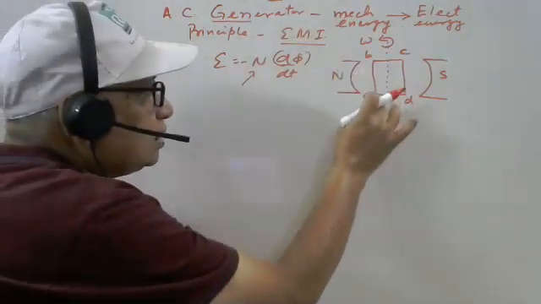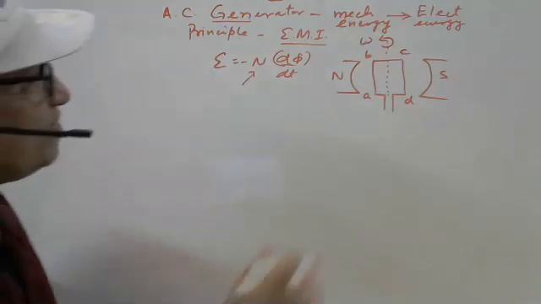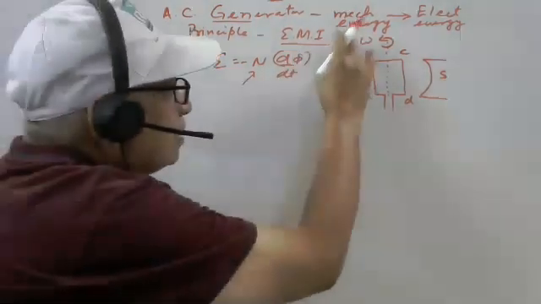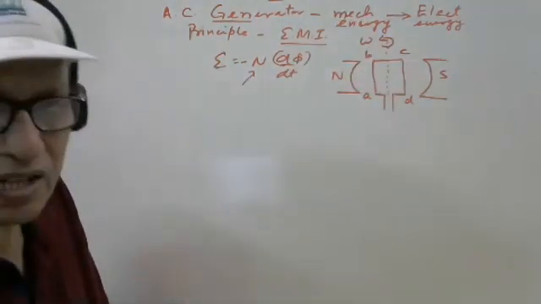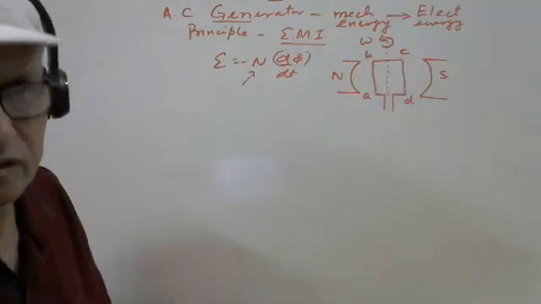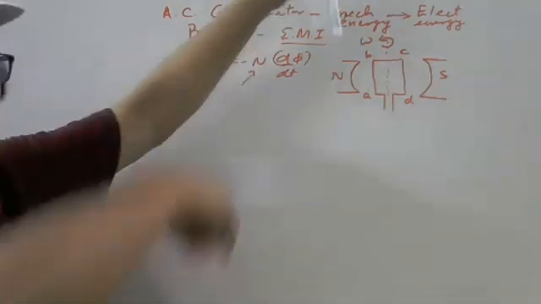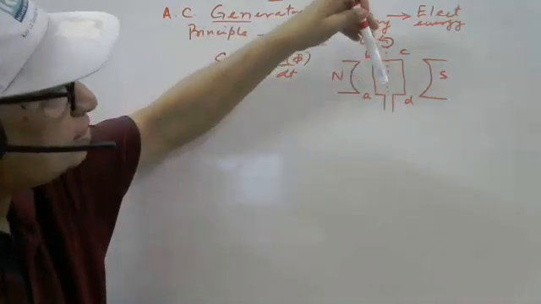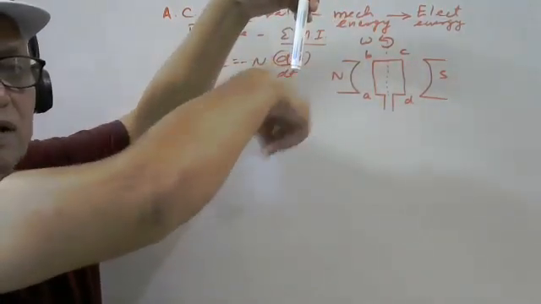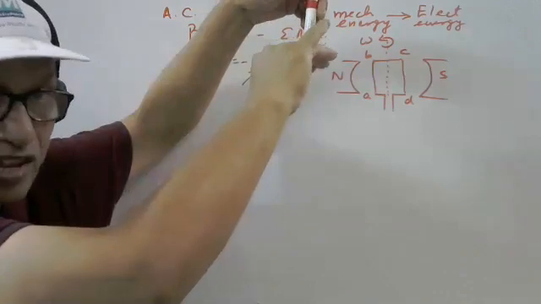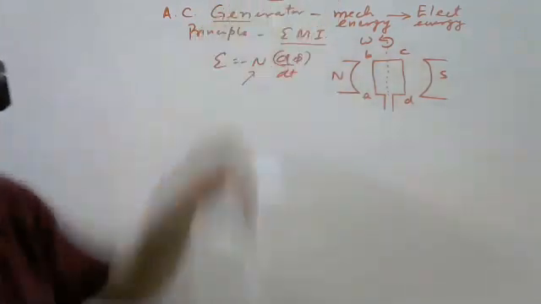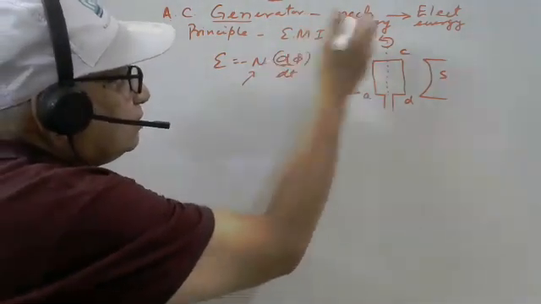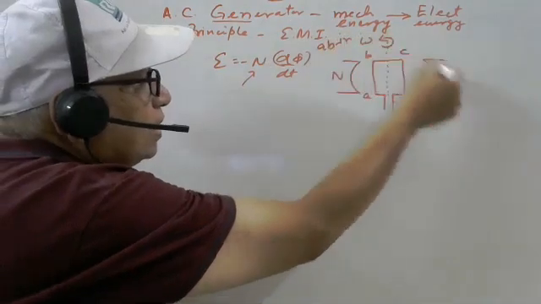So this armature is rotated. Let us take either clockwise or anti-clockwise. In this case, suppose AB, you can imagine, is going inward or maybe outward. If we look from the top, AB is going inward, means from the top, you can say it is clockwise. And now CD is going in and AB is coming out, you can say it is anti-clockwise. If you see from the bottom, it will be reverse. So let us discuss here. In this case, suppose AB is going inward, AB is going in and CD will come out.